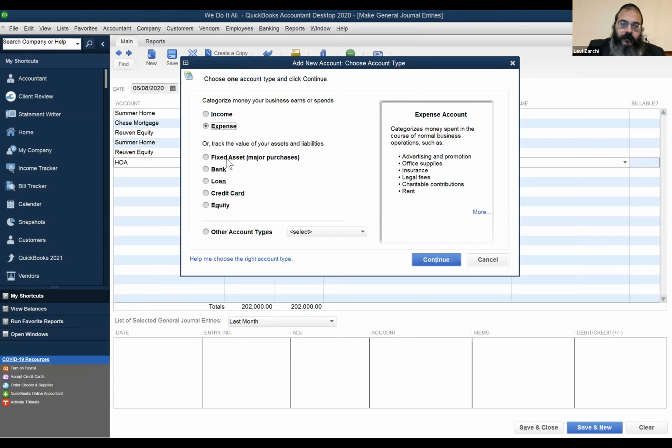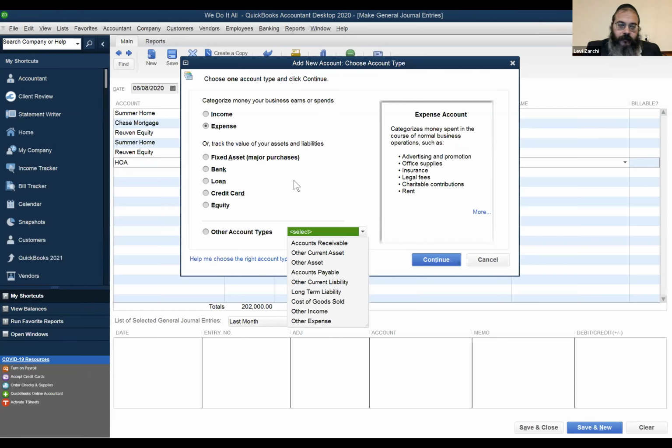First, we created a fixed asset called a summer home. Then we created an equity account. We created what could have been a loan, but we chose a long-term liability. And you'll see later in the class, we're going to be choosing a cost of goods account, maybe the end of this class or beginning of next class. We created a homeowners association. That's an expense account,